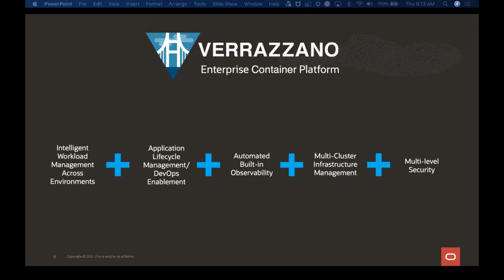We are not only running on Oracle, or only running on Oracle versions of Kubernetes on-premise. We are giving customers the ability to have cross-cloud consistency and get the same experience regardless of where you would like to run. Verrazzano also secures the entire environment, so it provides multi-level security,